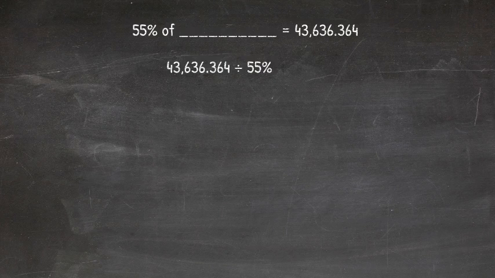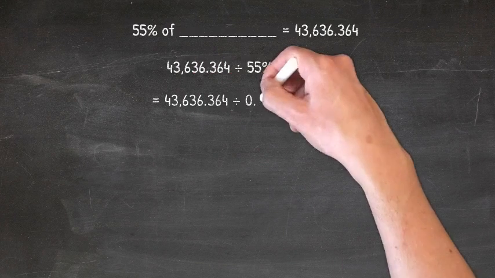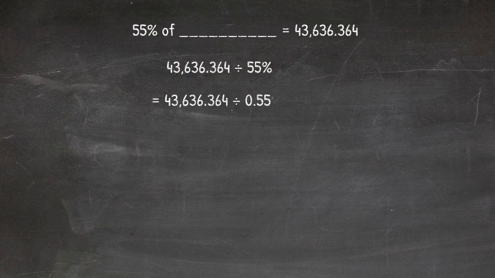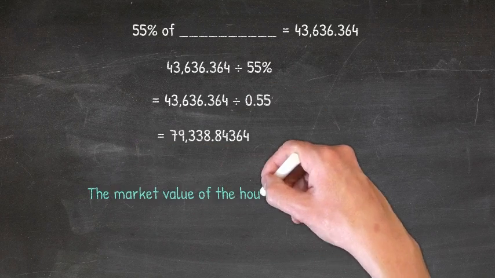So 55 per 100 is 0.55. Given the structure of this question we've seen before, we know that it is equivalent to 43,636.364 divided by 0.55. This gives us a quotient of 79,338.84364, meaning the market value of this house is